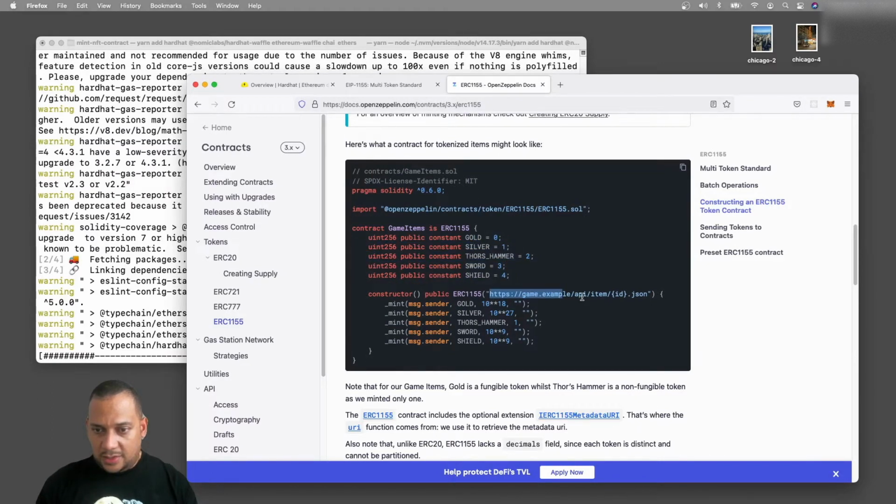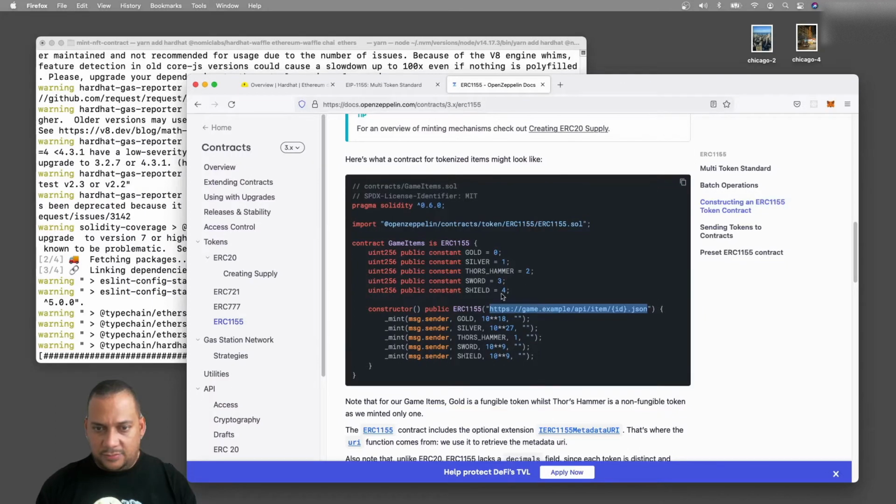And the URL of the metadata will not be hard-coded like in this case. It will be passed down to the contract, in the deployment, using the IPFS address where we store the JSON metadata, right? So this is pretty similar with what we're going to do.